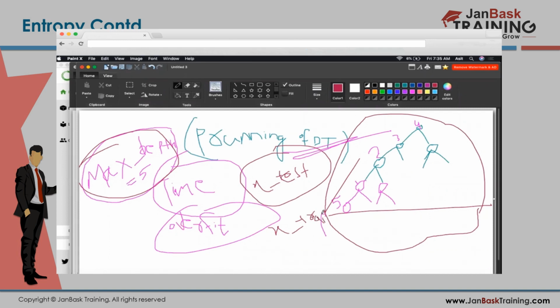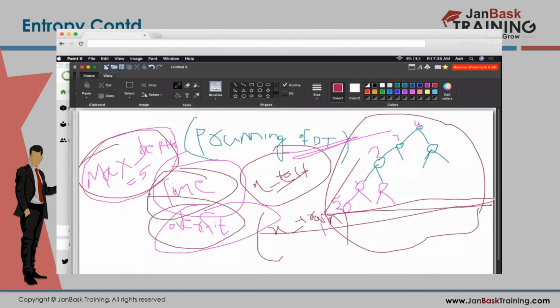So the model will learn from X train and Y train, and we test it with X test. X test is the actual data which the model has not seen, and it is predicting on its own. So we call it pruning. The maximum depth is one of the various ways where you can limit the tree's depth, and you can reduce the time taken by the tree. You can reduce the overfit problem.